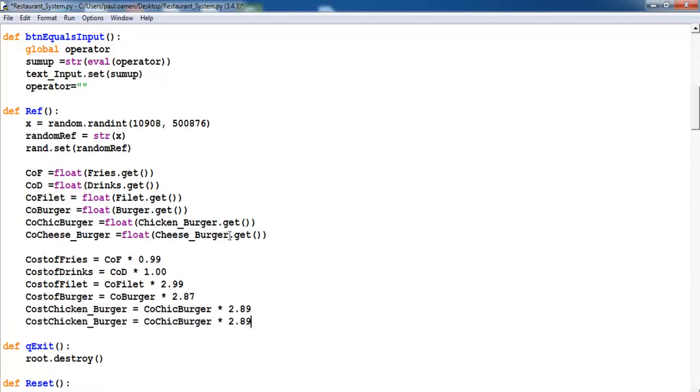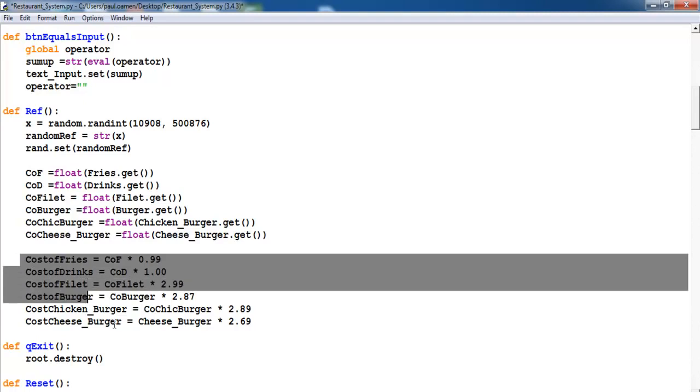Copy and paste that, paste that in here, and cost of cheeseburger right there. Okay, so let's say that's about right. Now we have the cost of everything